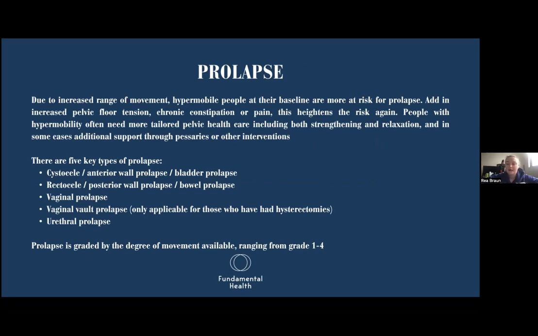Now, a grade 1 prolapse is just that, a bit of laxity in the wall, whereas as soon as we look to a grade 2, grade 3, grade 4, there is descent with that wall laxity as well. So when we have the combination of pelvic floor tension, constipation, pain, this heightens the risk again, because usually we're starting to see guarding mechanisms and the body just trying to compensate and cope where it can,